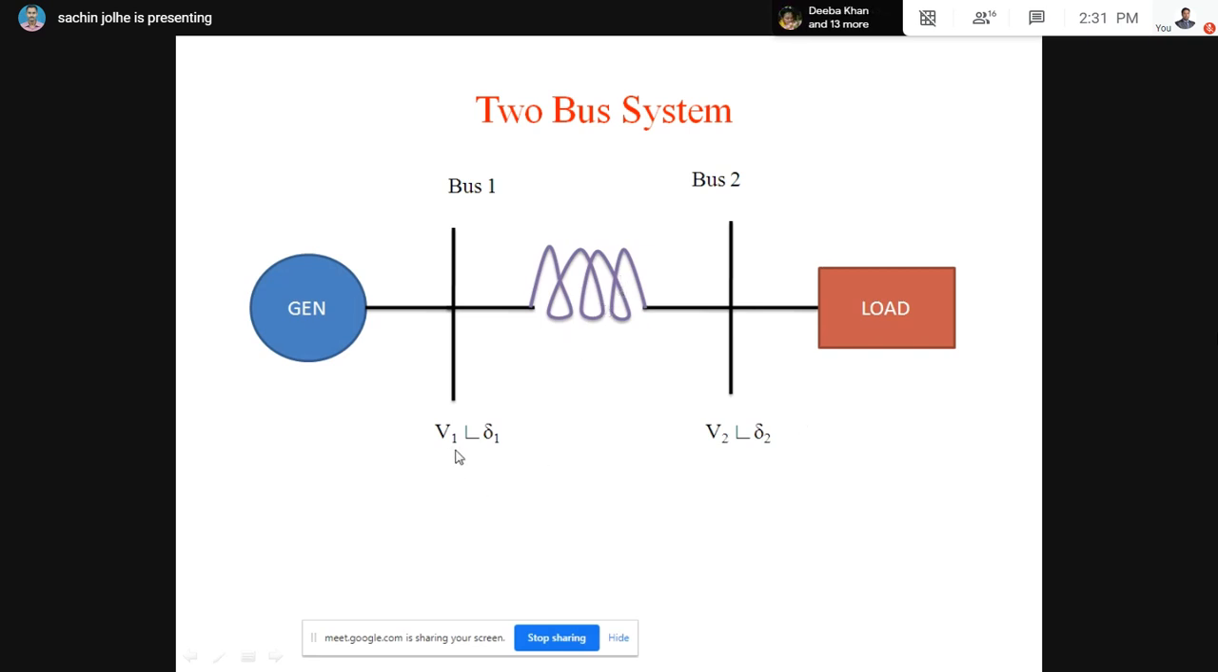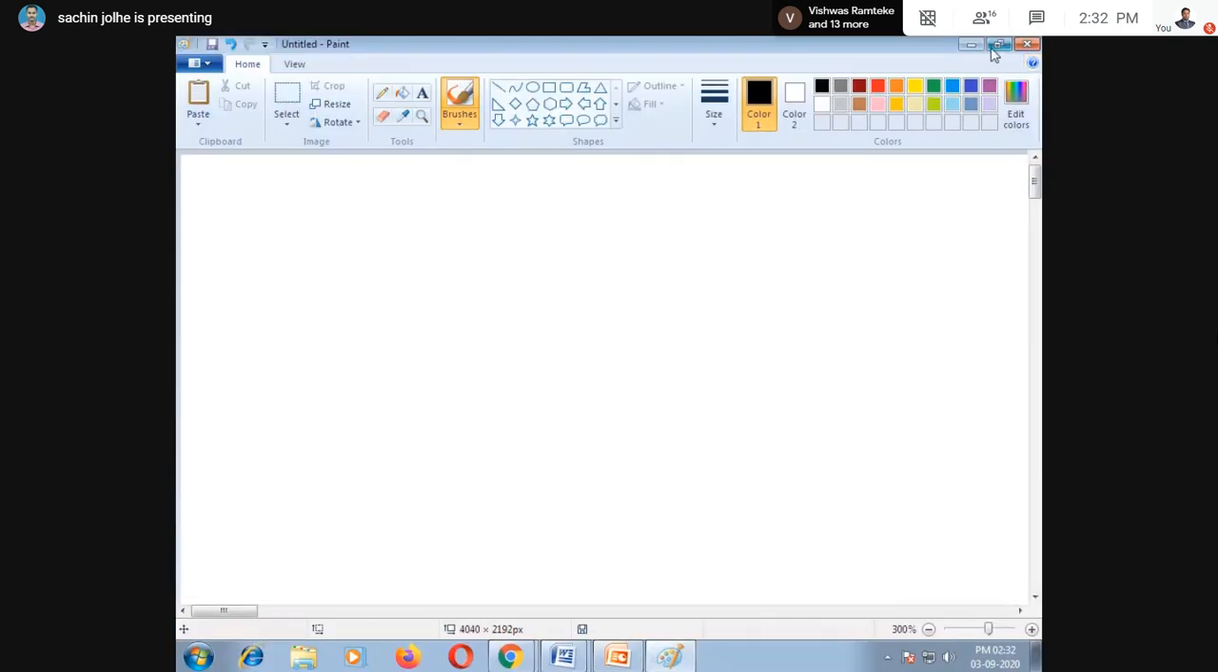Then what we have to do: many times we have to calculate V1 and del 1, or we have to calculate V2 and del 2. Most of the time V1 and V2 are not known, and del 1 also we have to calculate. So to calculate, if we put the equation, it is very easy. If we want to calculate the equation of the current here,